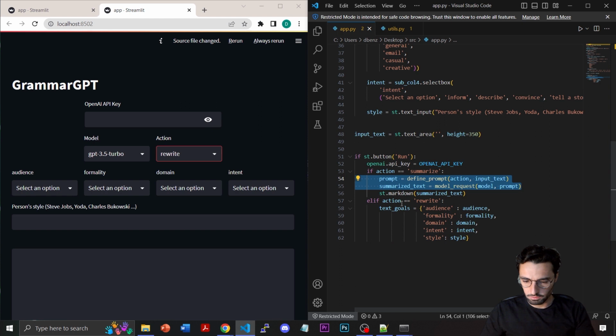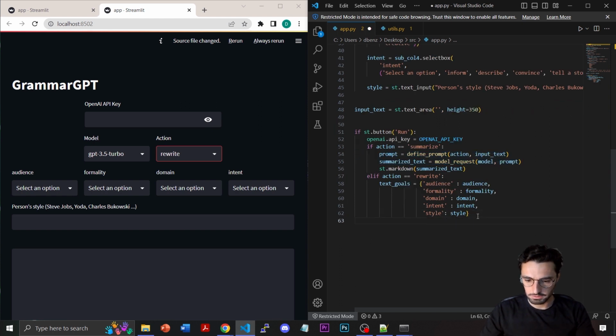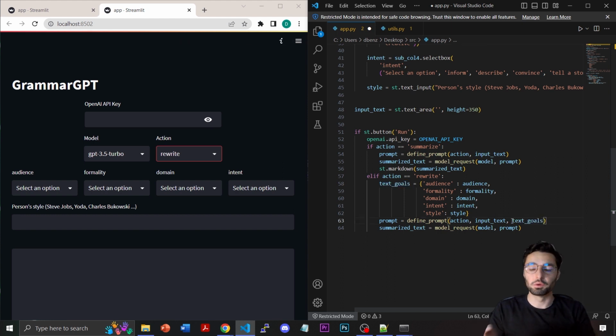And then we are going to use again exactly this same structure. We are going to define the prompt, but in this case, we are not just going to pass the input text, but the goals or how we would like to achieve our rewriting. And then with this prompt, we do the request, and instead of summary, we are